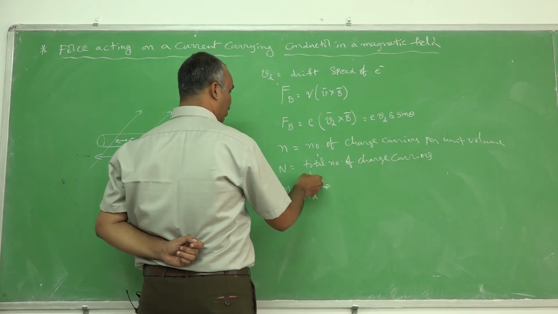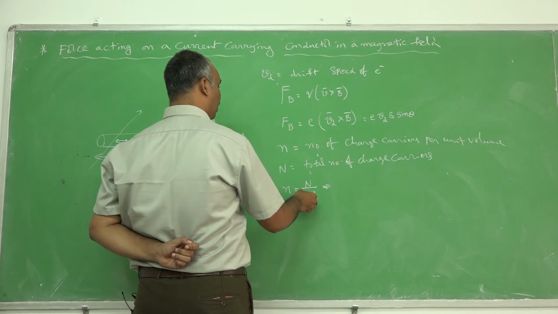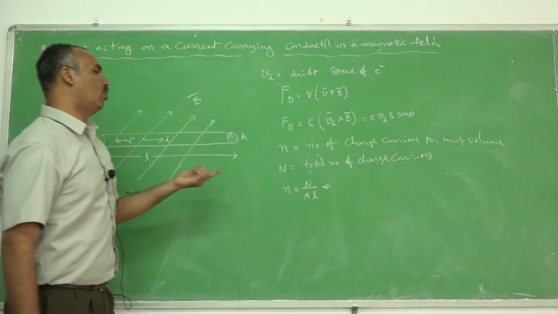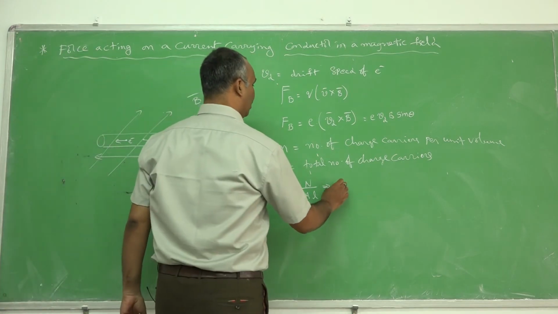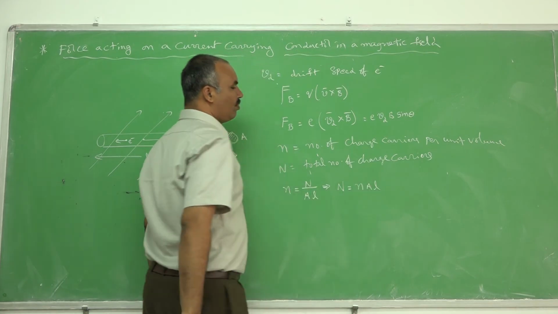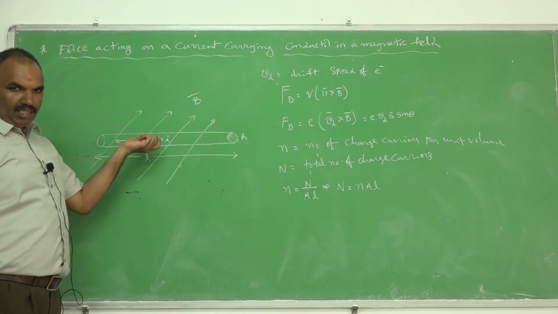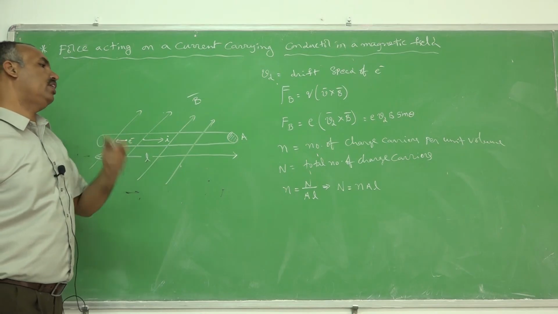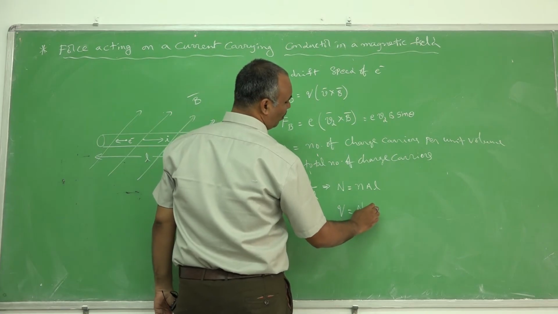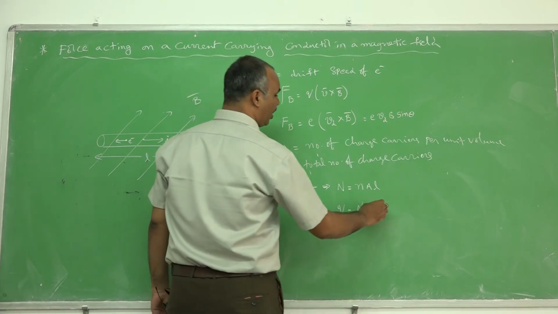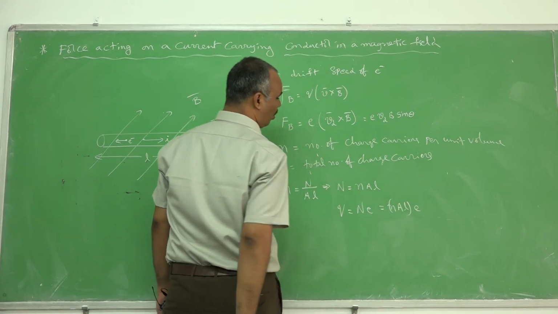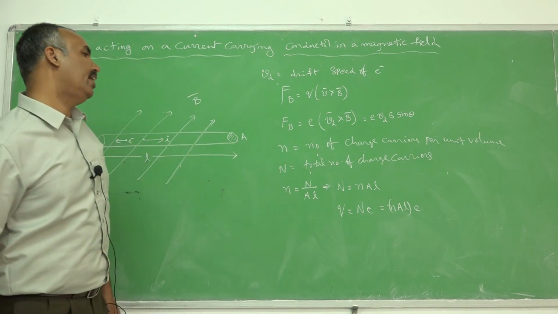So the total number of charge carriers are available in area of cross section into length, as it is a cylindrical wire. Its volume is given by AL, which implies the total number of charge carriers is nAL. Each charge carrier, that is each electron, possesses a charge small e. So the total charge carried is the total number of charge carriers into the charge of each carrier. Therefore, nALe is the total amount of charge that is carried here.